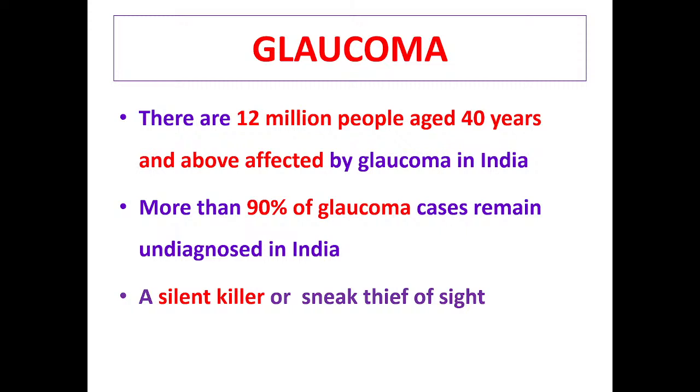Refraction vision may come 6/6 in glaucoma also. In advanced glaucoma also, it may be 6/6, because there is a tubular vision in glaucoma. So vision improving to 6/6 does not mean that the patient does not have glaucoma. So we have to screen every patient coming to OPD for glaucoma, then only we can pick up glaucoma, otherwise we will miss glaucoma. I told you in the last lecture, according to the Chennai glaucoma study, 90% of glaucoma remains undiagnosed